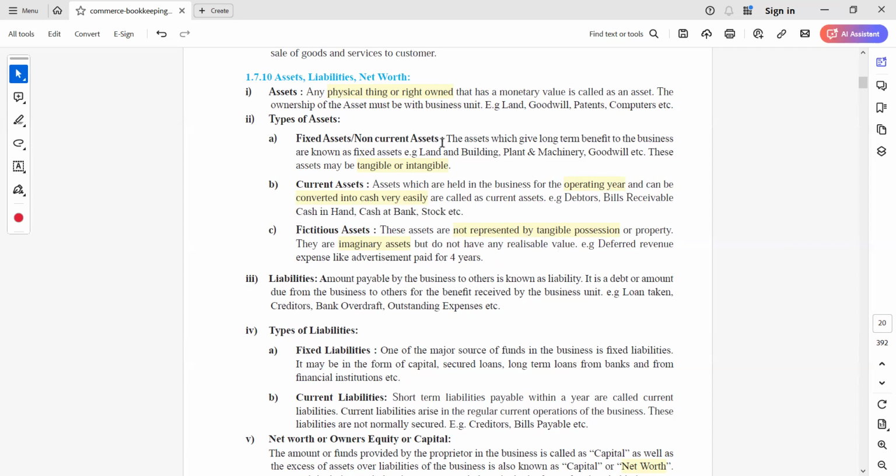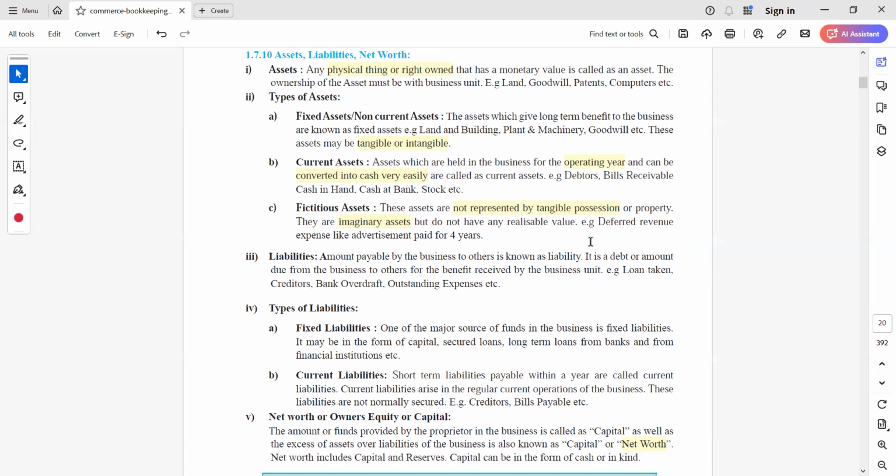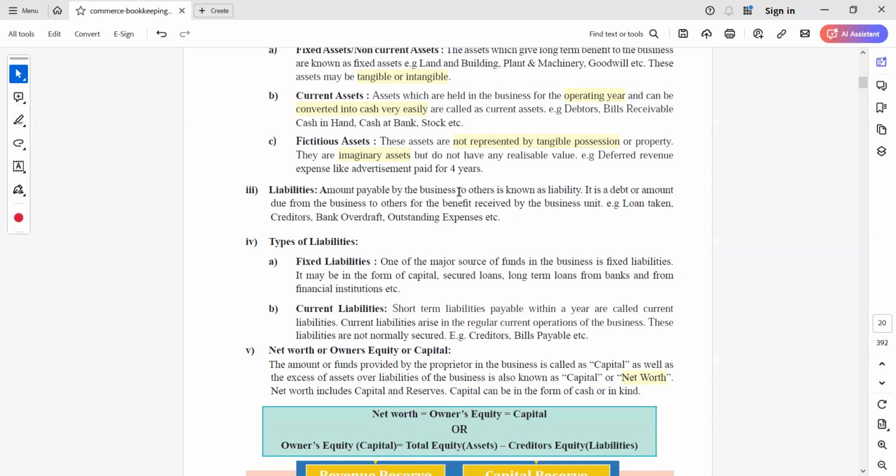लेकिन गुडविल के लिए रियलाइजेबल वैल्यू है, you can sell your brand। ओके, बहुत से कार के डिजाइन होते हैं वो सेल किए जाते हैं, that has a realizable value, you can sell your car design. Just an example I am telling you, एक कार का डिजाइन which is a goodwill for that company, राइट, कि उसके लिए वो एक असेट है, वो बेच सकता है, उसका वैल्यू आ सकता है, लेकिन in case of fictitious asset you cannot sell it।